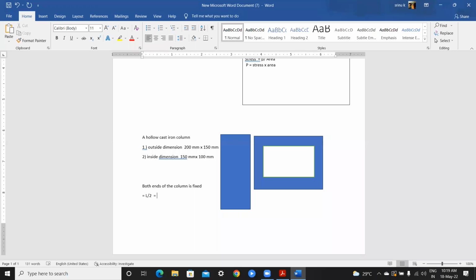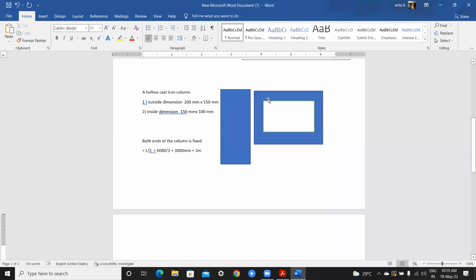Length is 6000 mm, so divided by 2, it will become 3000 mm, means 3 meter. Now see what is